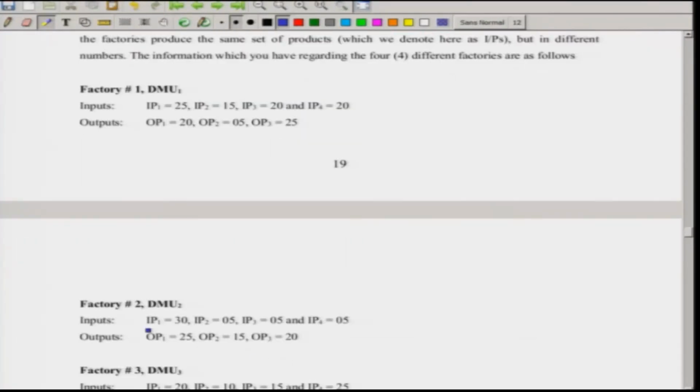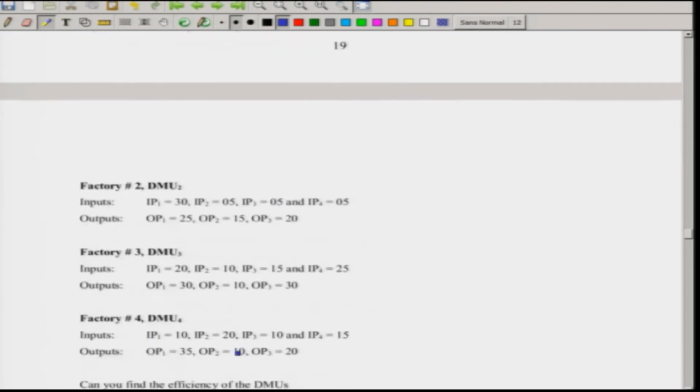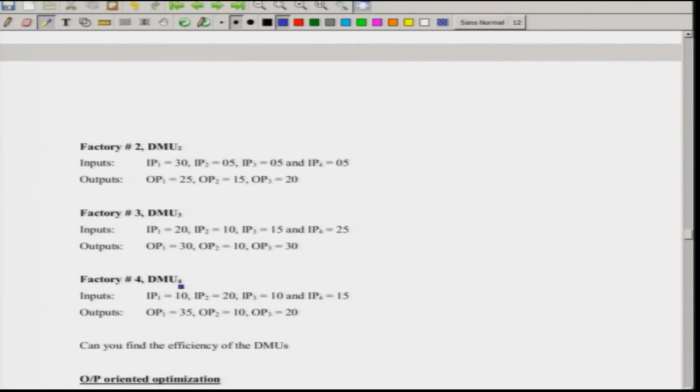Similarly, for the second factory inputs are given, I am not reading the values. Again 4 inputs and 3 outputs, and this is the second DMU. Similarly, when you come to DMU 3, inputs are 4 in number, outputs are 3 in number, and for the fourth DMU inputs are 4 in number and outputs are 4 in number. So, I will just formulate it very fast. Once you have understood it, I will spend 2 or 3 minutes on the formulation for this problem in the next class, and then immediately go into the other topics related to DEA in simple format, and then come to the solution later on when we do the simple optimization problem.